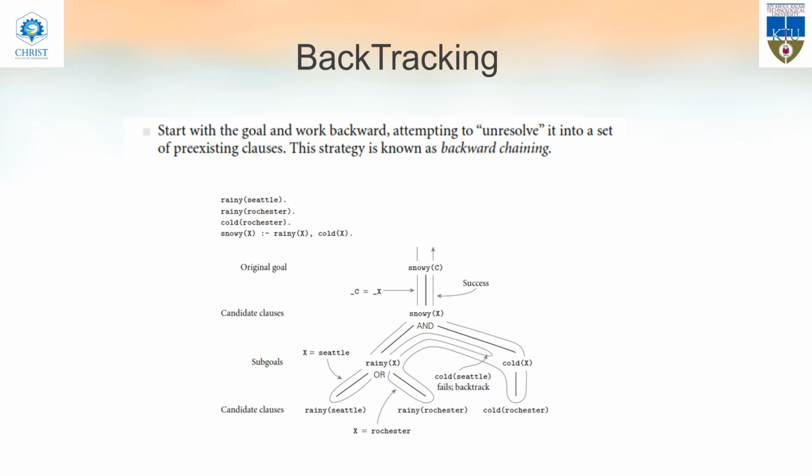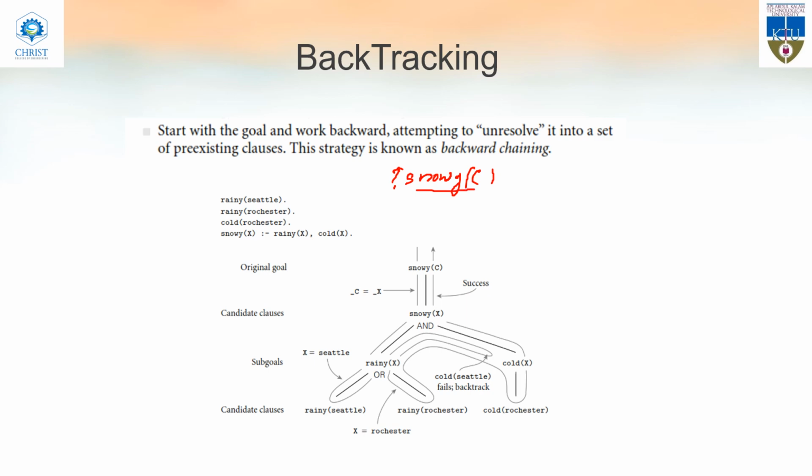And the question is snowy of C. The query is snowy of C. Okay, so backtracking: how does Prolog find the correct answer for this? That is the question. If I am writing snowy of C,